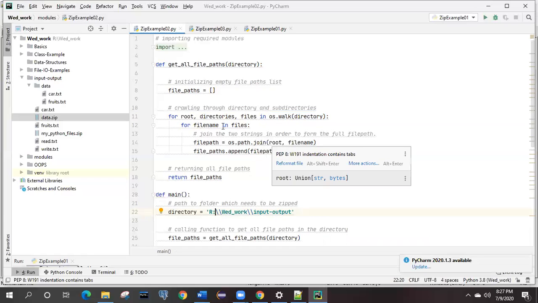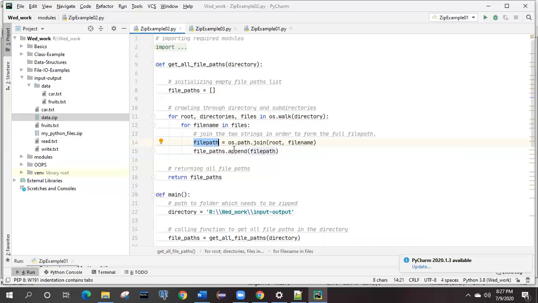Now what it is doing, it has one variable file path, that will store os.path.join. In the OS module there is some path, and based on that we have the join function available. Join is simply adding the files.